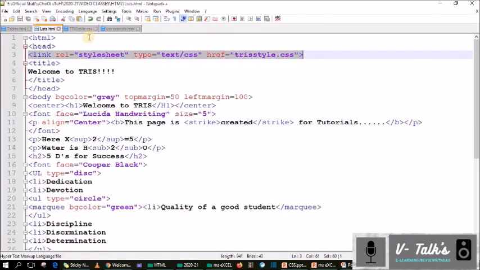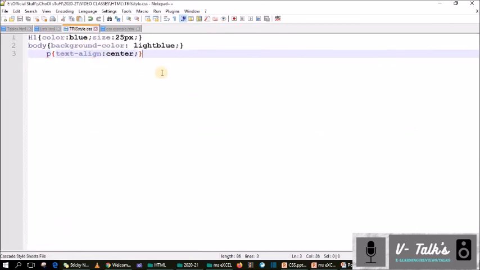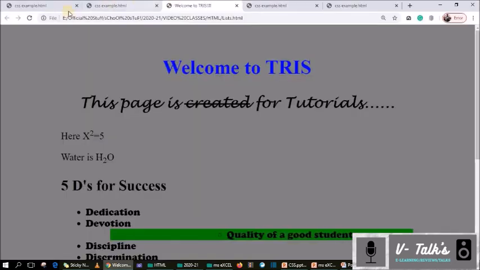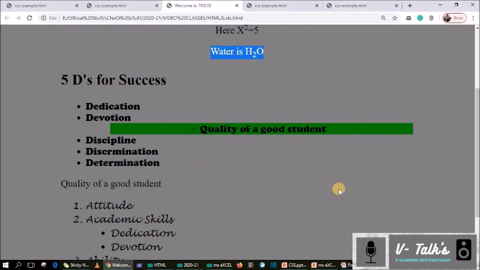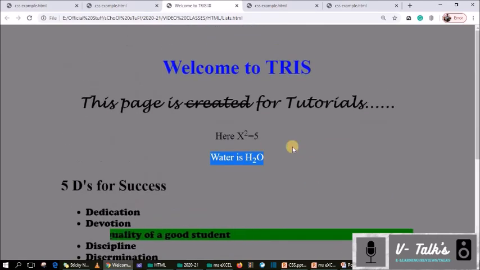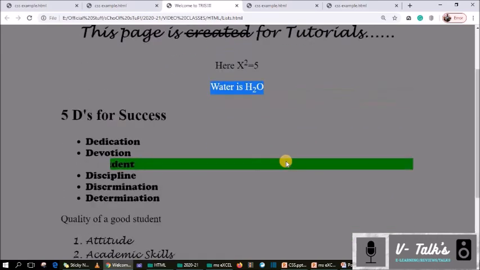Since I added a new p tag style, it will be applicable in this page also. Let us refresh it. When I refresh, you can see all p tags came to the center.